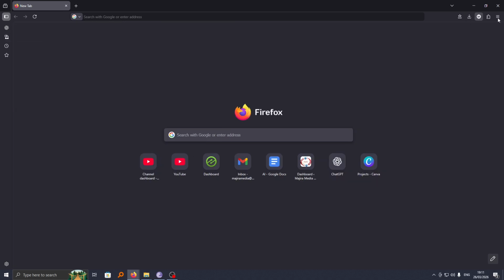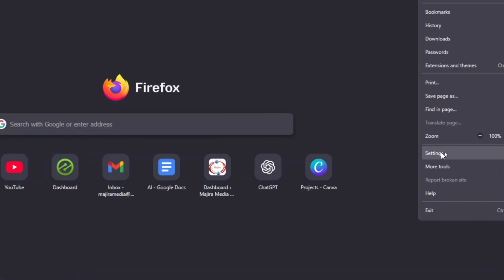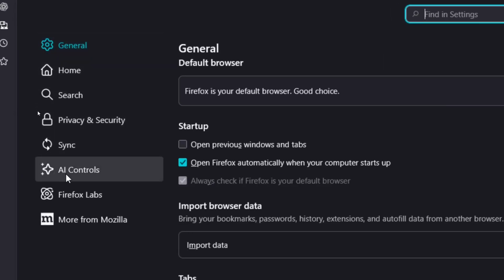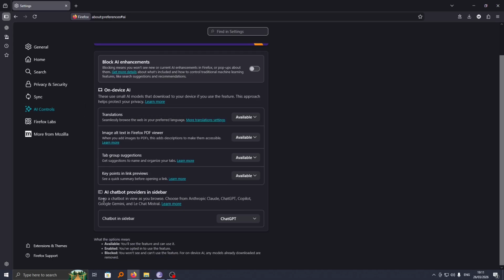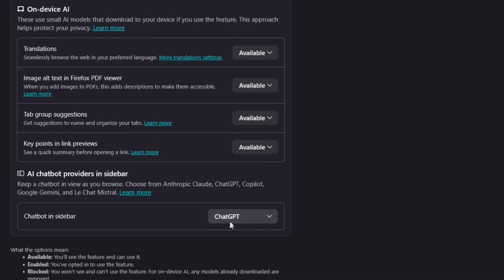To do this, just go ahead and click on menu here, and then you should see settings. If you click on settings, now you can see more options here. Go to the side menu here and look for AI controls option. From this, scroll down until you see AI chatbot provider in sidebar, and currently you can see it is set